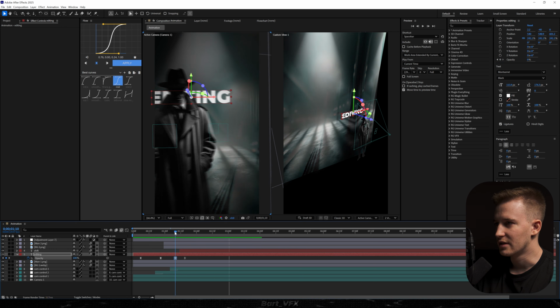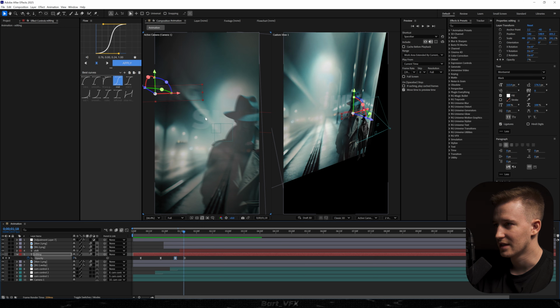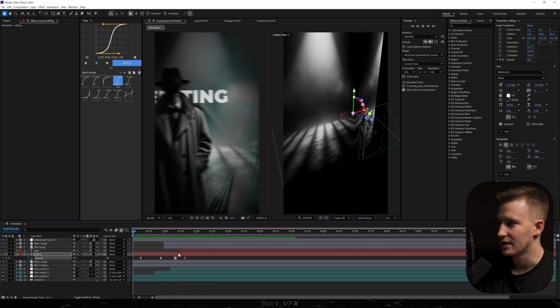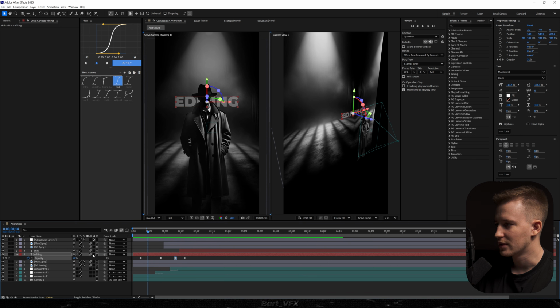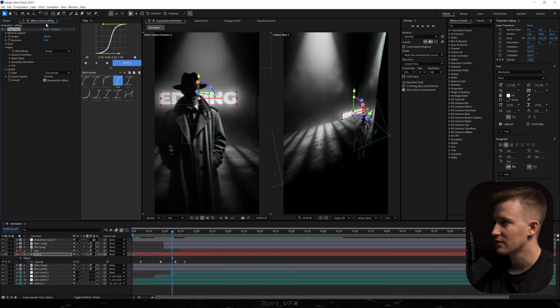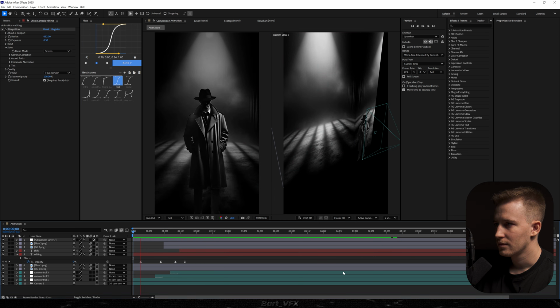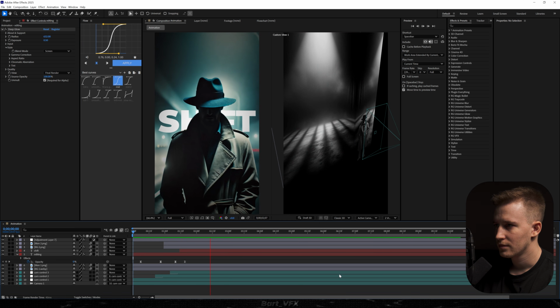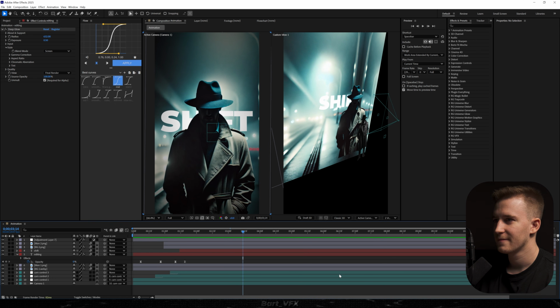Also here you can notice that first goes the background, then the man, and then the text. So yeah, this is a pretty powerful technique. We could probably play around with this by adding deep glow to the text. I definitely need to change some settings over here. Okay, that's sick. So here we got the final